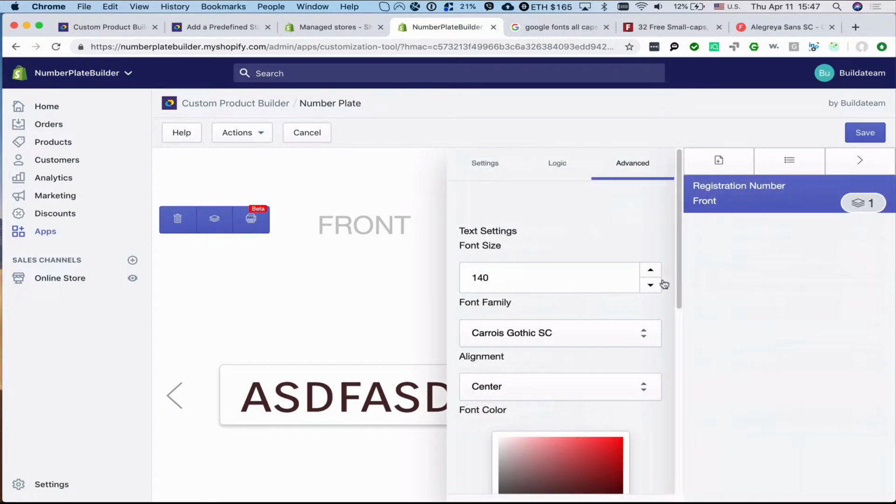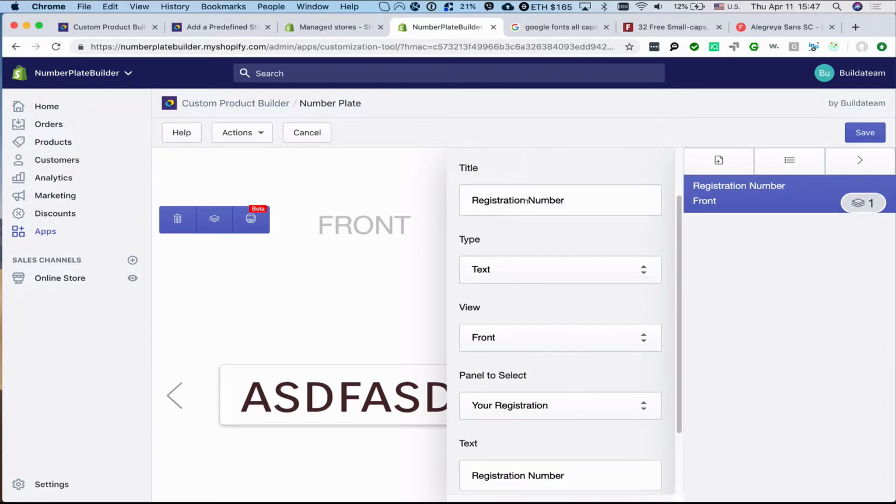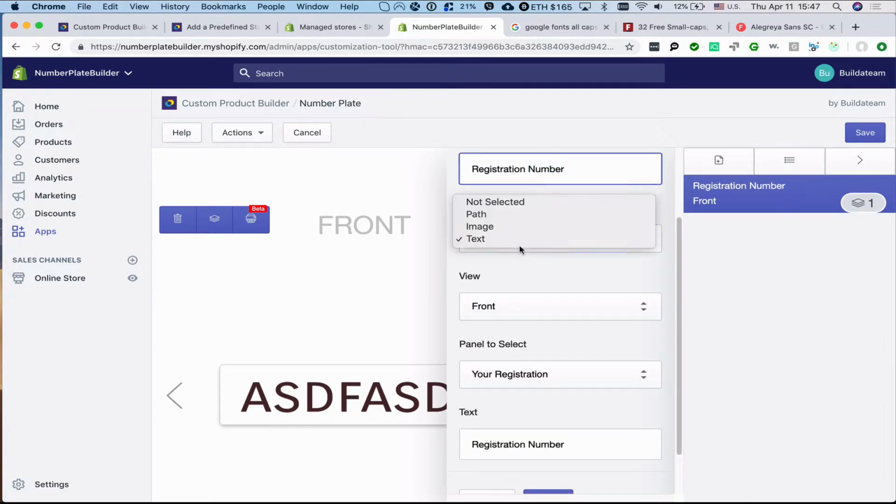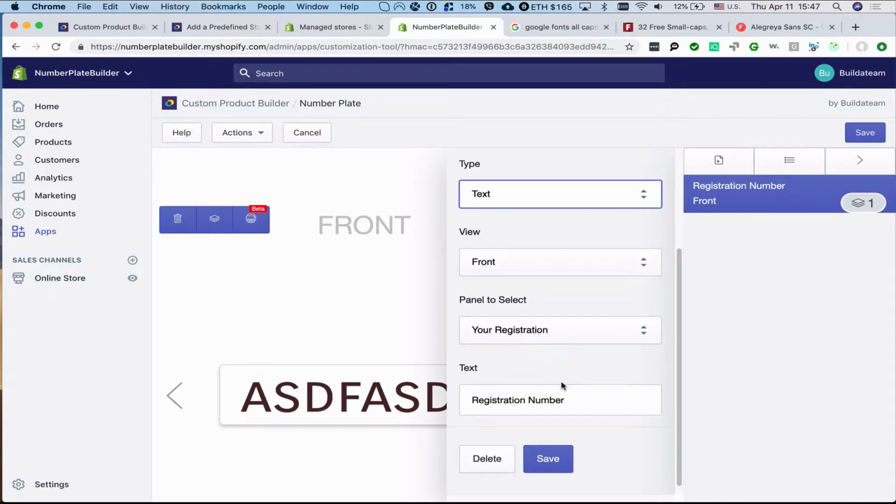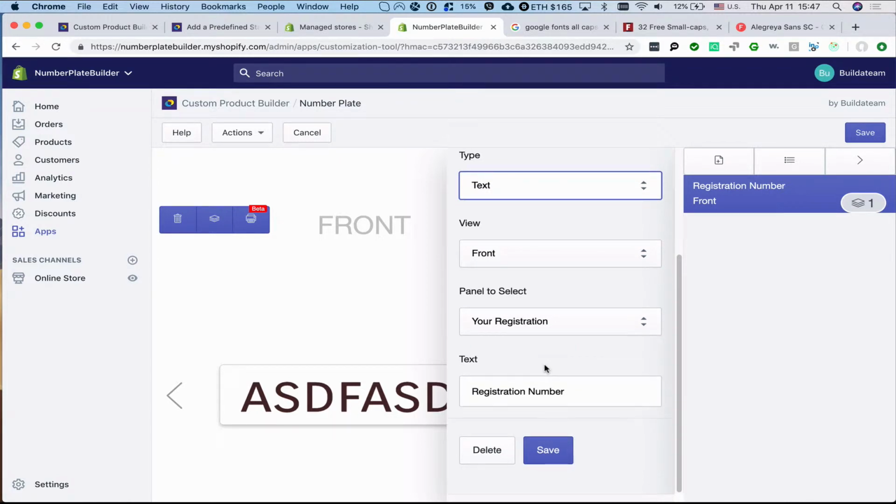We go to custom layers and we add a new layer and we add title, we select type to text, we choose front view in this case because we need to display the canvas layer on the front. Then we choose the panel to select, if this field is chosen, text that will display as default text, registration